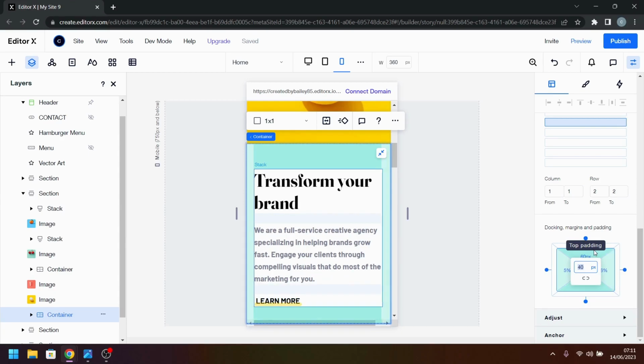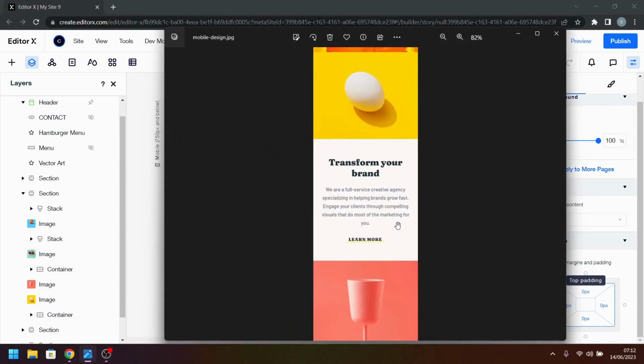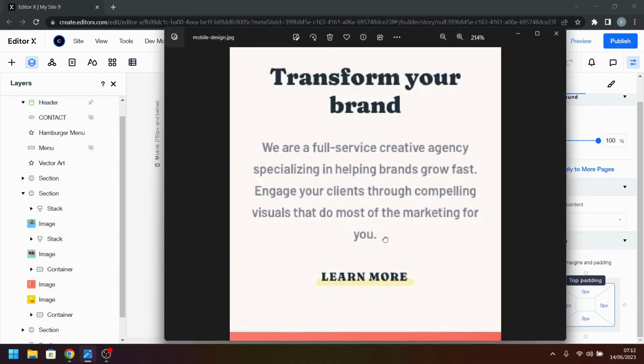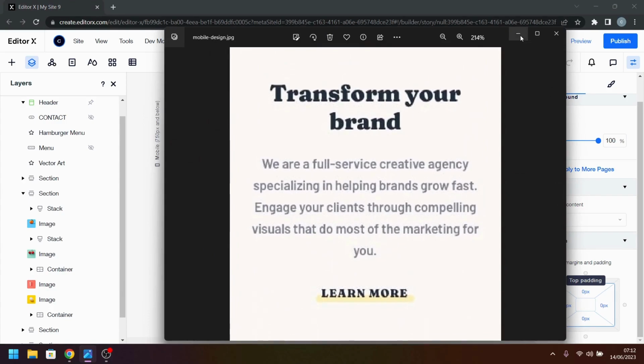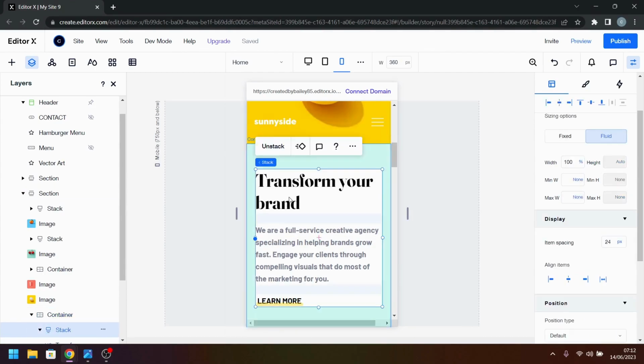It's only a tiny difference, but I think that looks a bit closer to the design. Now let's click the main text of this card